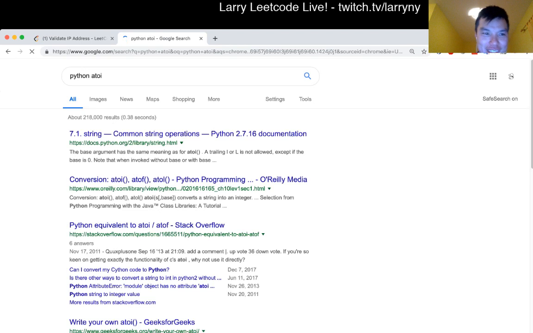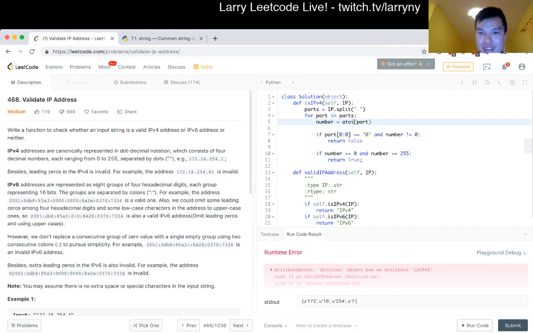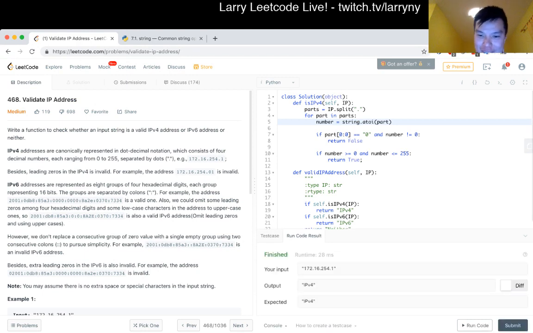And then hopefully it isn't. I forgot the parameters. I have to give a base. Oh, it's an optional base. Okay. Oh. Okay. Well, that's actually